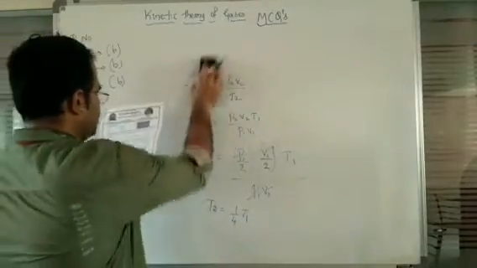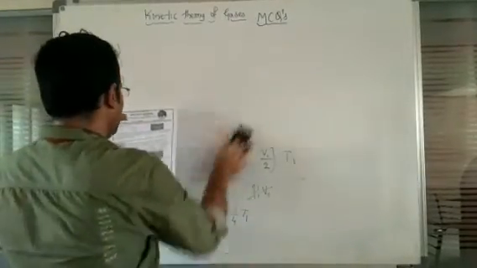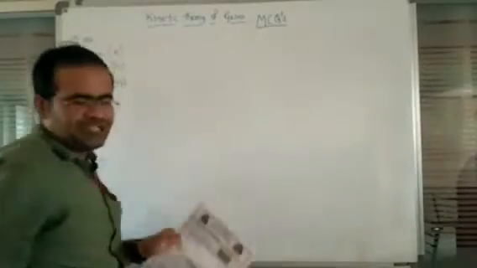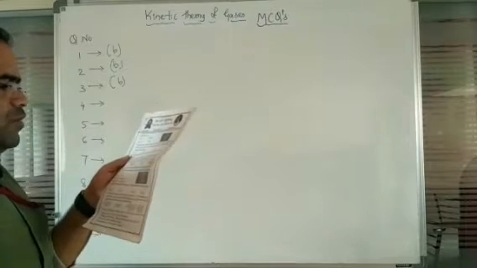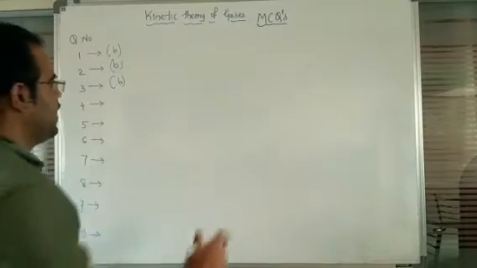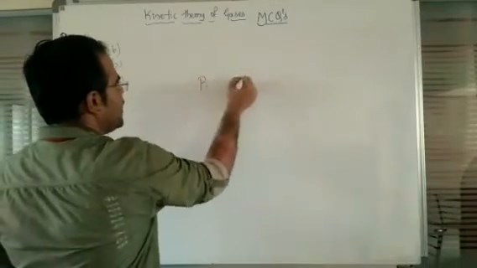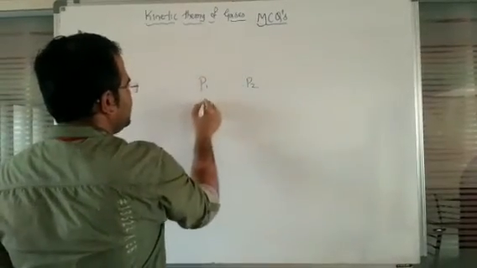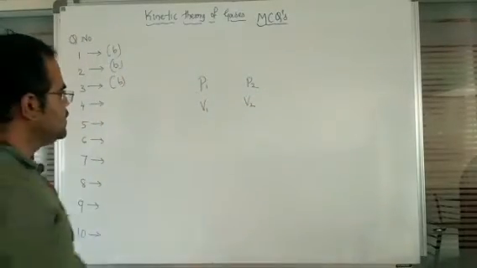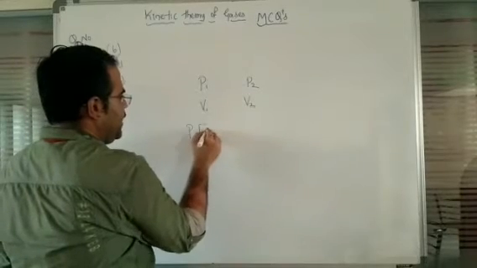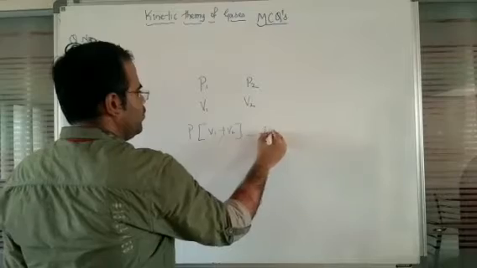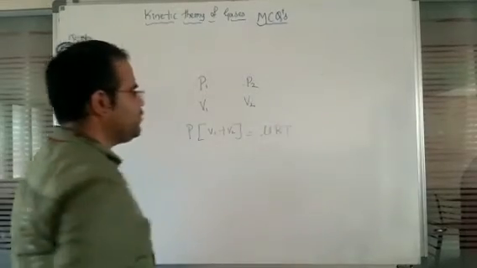Next, question number 4. Two flasks with volumes V1 and V2 contain the same gas at pressures P1 and P2. Here they are connected, or mixed, like this. When we observe, P1 and P2 are the pressures of the same gas, V1 and V2 are the volumes of the same gas, so that we can write P multiplied by (V1 plus V2) is equal to mu RT. So this is the equation.